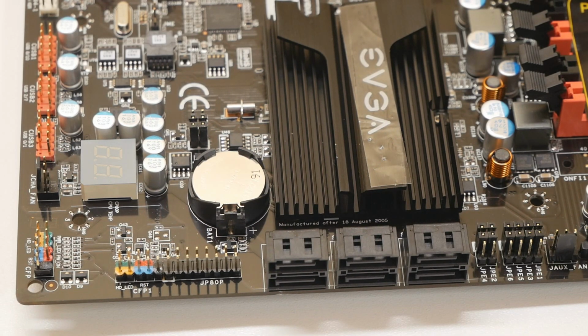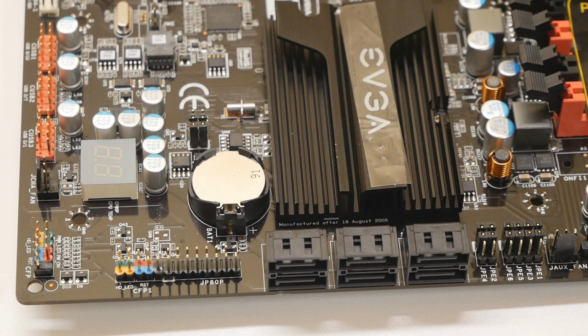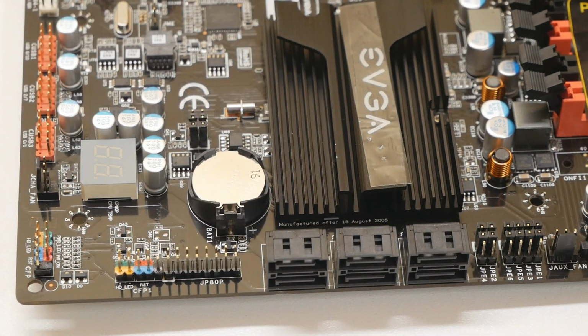But there's one important thing regarding base clock overclocking. I don't know if it's present on P55 as well, but at least on X58, to max out the base clock completely, we have to overclock the PCI Express. Usually based on my testing on X58, the Intel based ports, so for example these, they can only run, let's